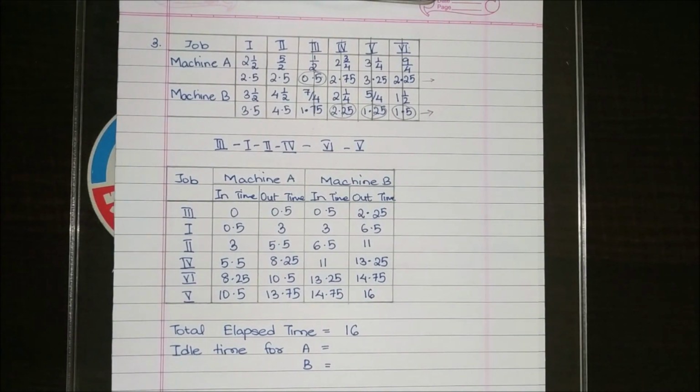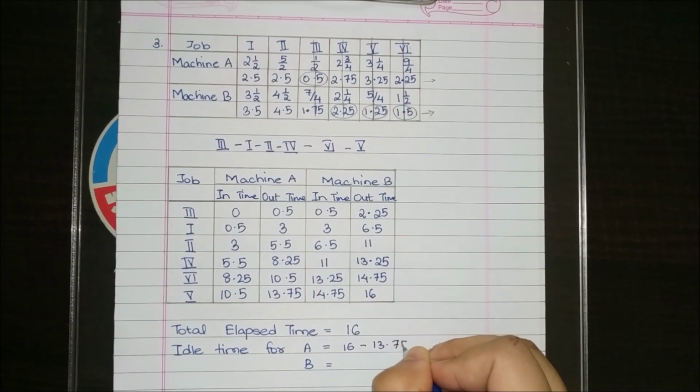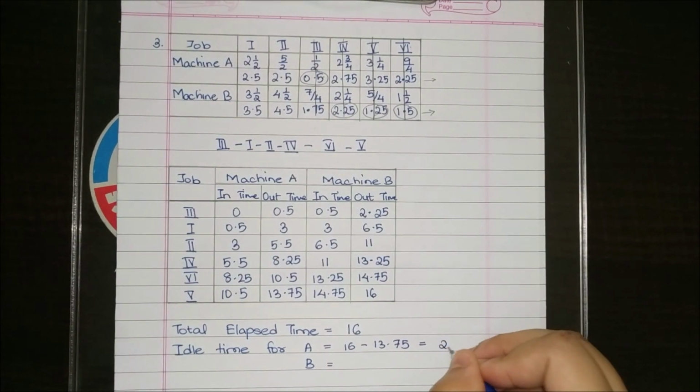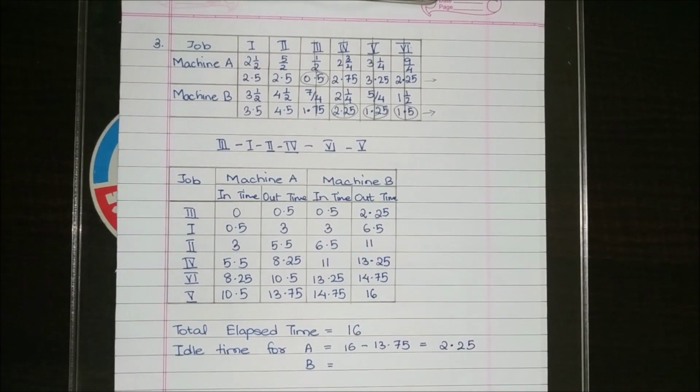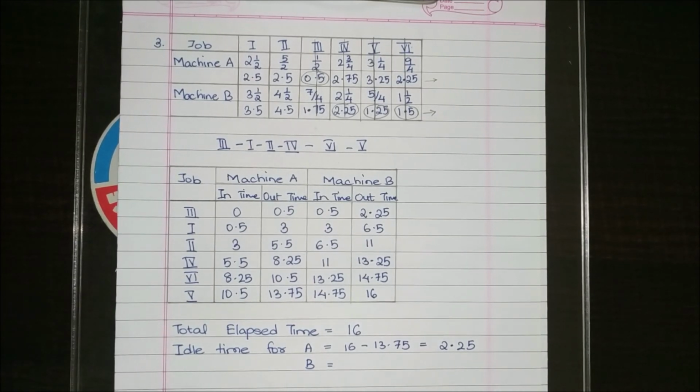The idle time for A is 16 minus 13.75, ठीक है, which is equal to how much? तो पहले 0.25 से 14 होगा और फिर 2 चाहिए, तो 2.25. ओके, एंड नेक्स्ट B के लिए we will have to add. तो for that